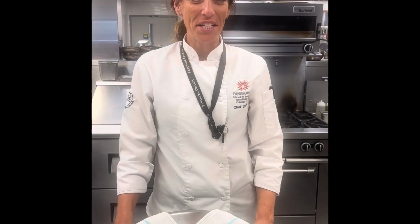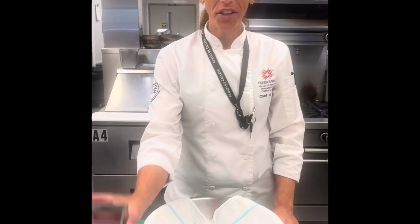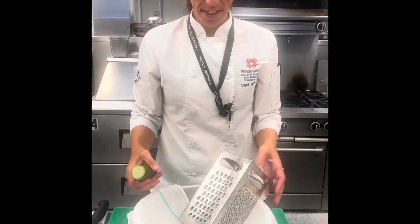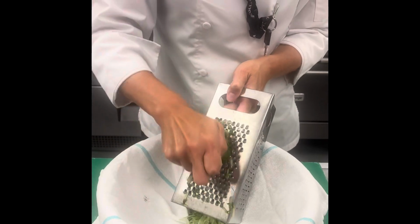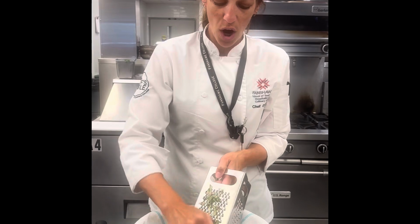The first snack we're gonna put together is a cucumber, cream cheese, and dill pinwheel. So what you'll need is a grater, your cucumber, a bowl with a towel. We're gonna take the cucumber and just grate it over the grater. We're doing this in a bowl over a towel because we're gonna squeeze all of this excess water out of